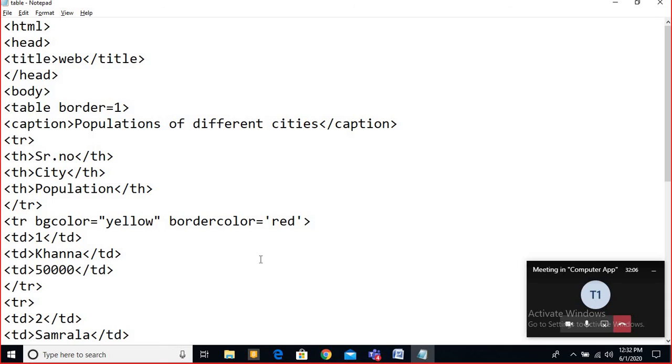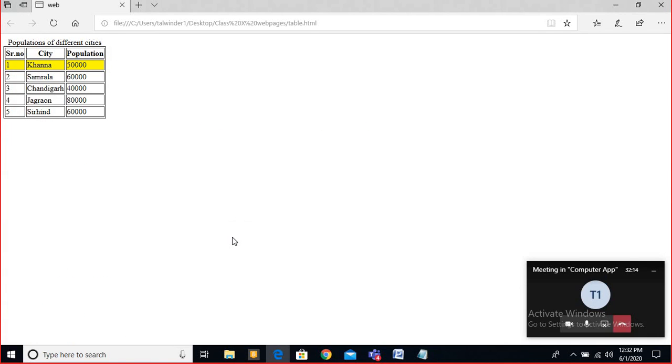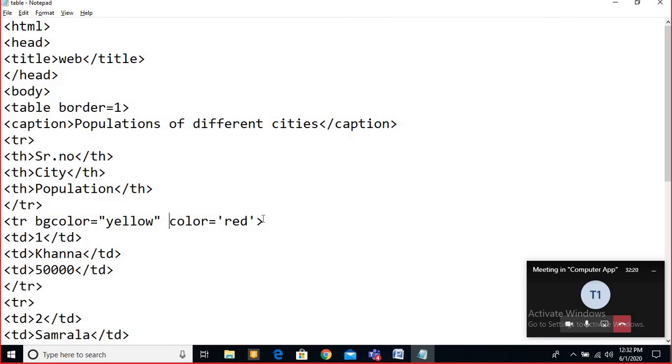I have to check why it is not coming, because I used a single color and it still does not come. Otherwise, if you want to give it to an individual one, you have to use the CSS property. Maybe border color is not supported here for the individual one.